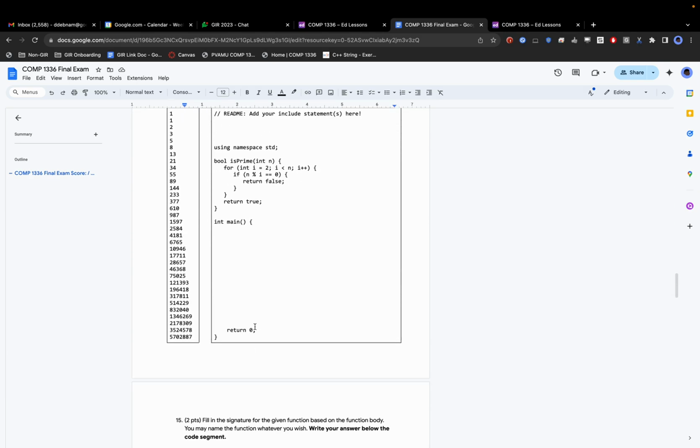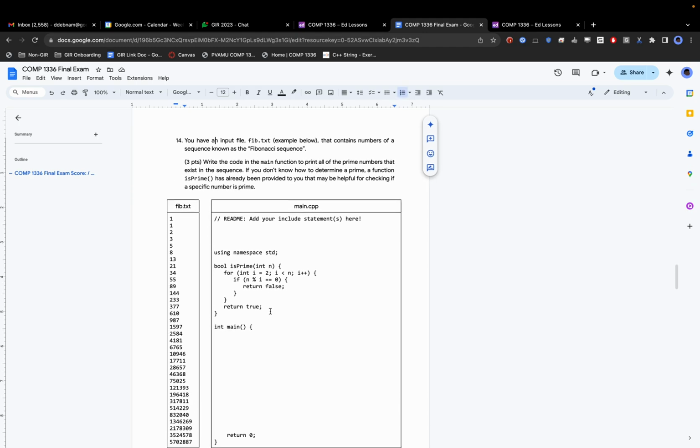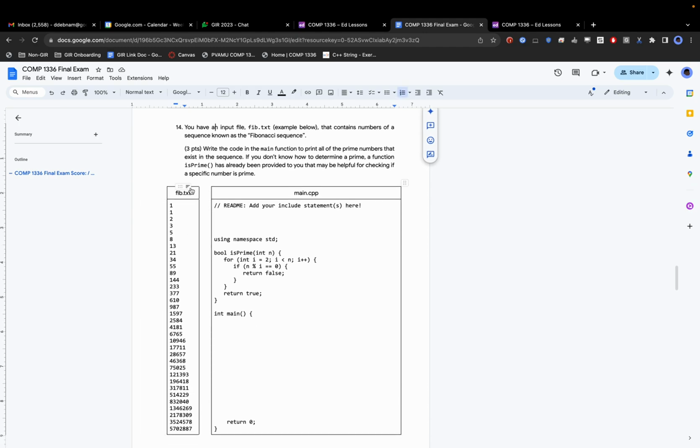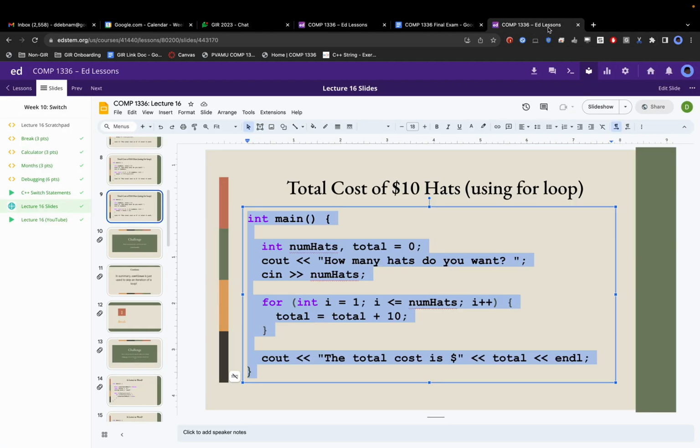Moving on to this question. Okay, so we were given some file, fib.txt, and what this says is, given that file, we need to read from it and determine what the prime numbers are in the sequence. We only want to print out the prime numbers. So let's set this up in a